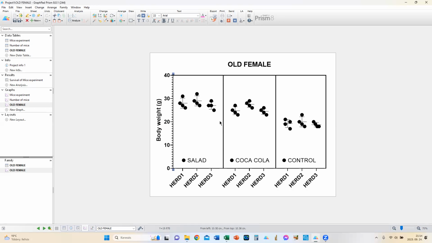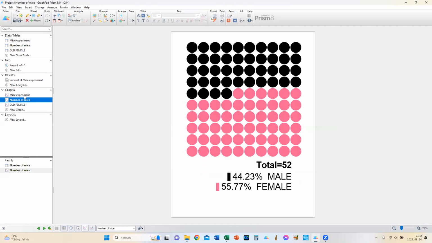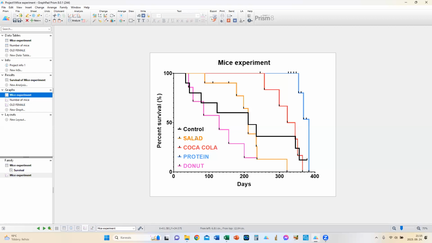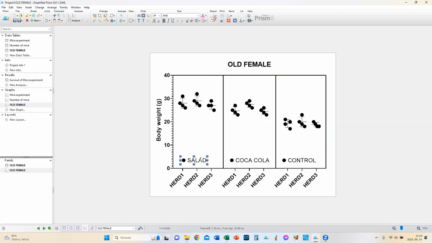But now we need to make some color changes. And this is really, really important. So I told you in the class that with the colors, you can help the audience and the readers to catch your line and find the logic. So use the same colors as you used before. In my case, if I'm not mistaken, my salad was orange and the control was black, while the Coca-Cola was red. So my salad will be